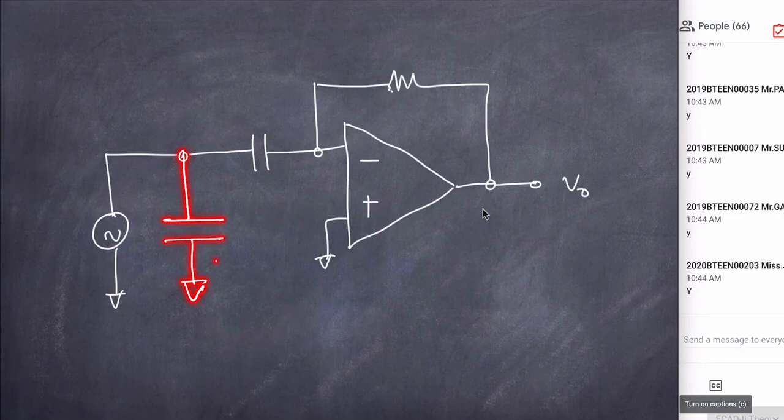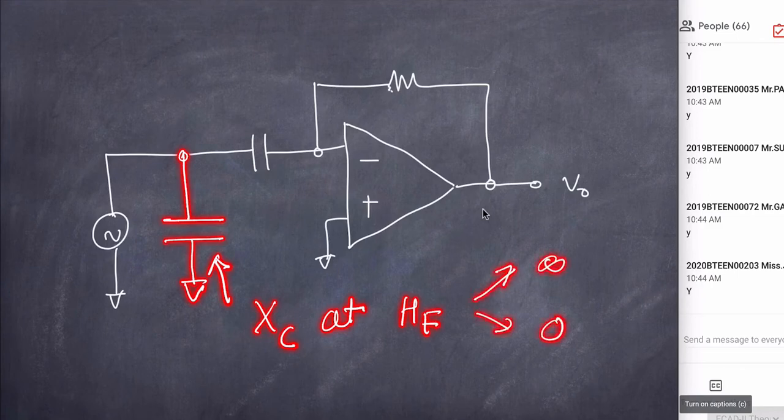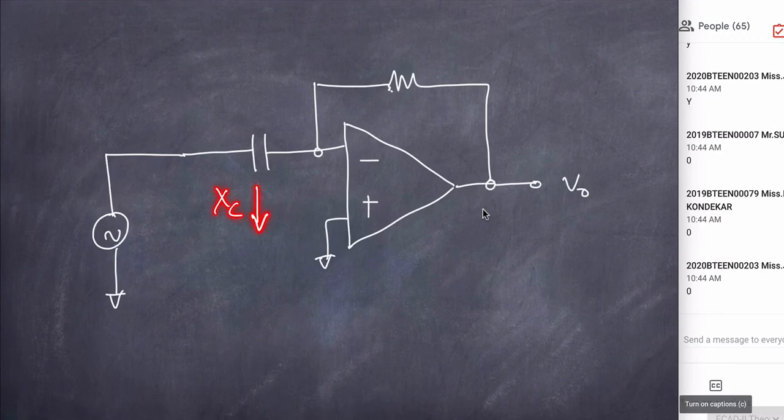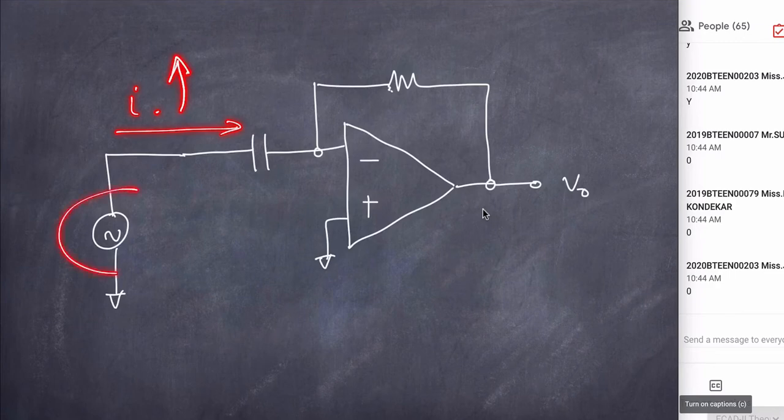Okay. Now if you think of the capacitive reactance Xc at high frequency, will it be infinity or will it be 0? Zero. So for higher frequencies, since Xc is very small, it will draw more current. I will be more. So therefore the source will be unhappy, because the circuit is drawing more current. Are you getting the point? Yes or no?